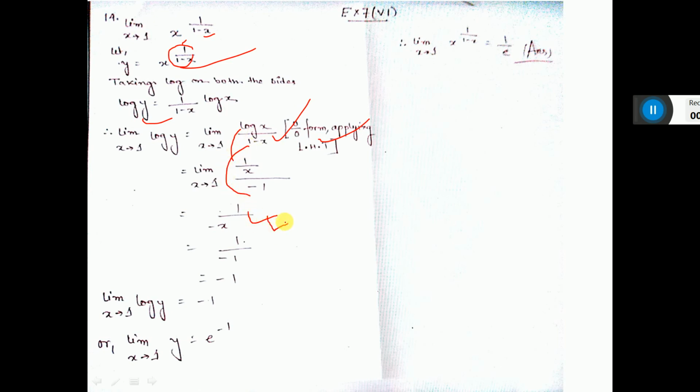Now see this one, if you put x value 1, it is coming minus 1. Here base is e, so minus 1 will jump here and y will go there, when log will be removed. So y equals e to the power minus 1, that is 1 by e. See here, y is 1 by e.